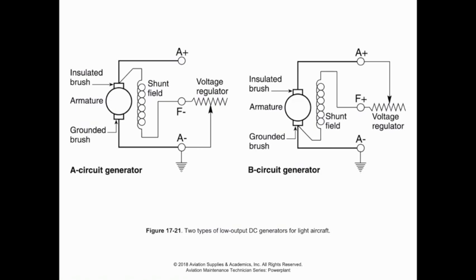Welcome back. We're going to have a moment here to talk a little bit about some maintenance practices, a few more bits about generator regulation, and a few best practices with wiring and circuit protection. So let's get started. First, let's take a look at our two main circuits for a DC generator that is